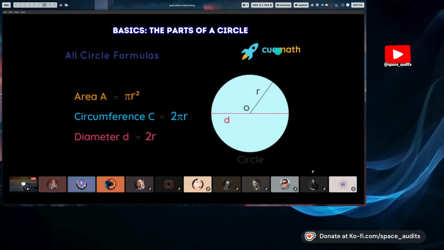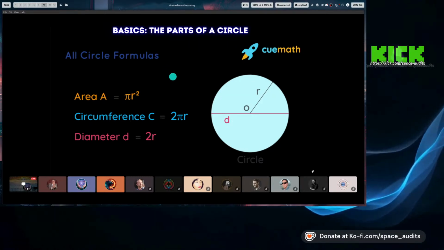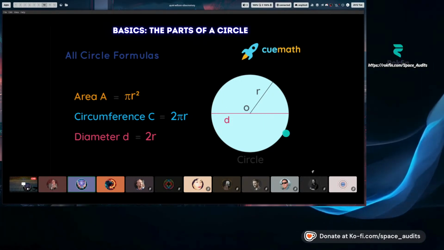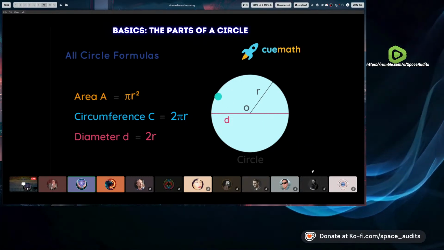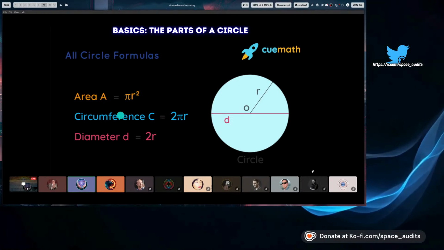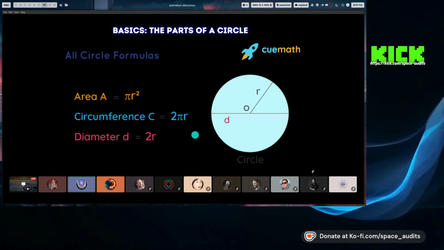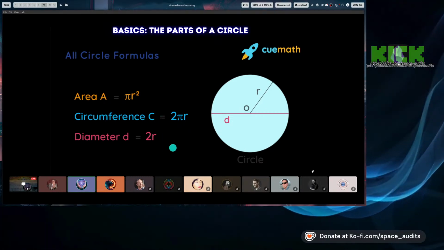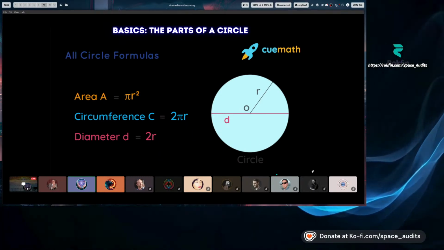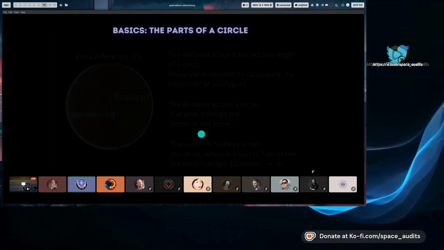At the end, mostly all the way through, we're going to be using these formulas as well, so we can transfer between them, right? If we have a radius, then we can get an area. If we have circumference, we can get a radius, etc. because of these formulas, right? For area, it's pi r squared. Circumference, just 2 pi r. Diameter, of course, 2r, right? So using these relationships, we'll be able to multiply back and forth to get solving missing components of our circle,